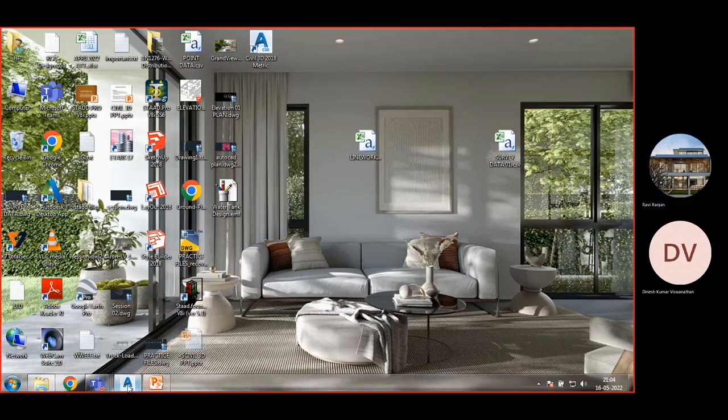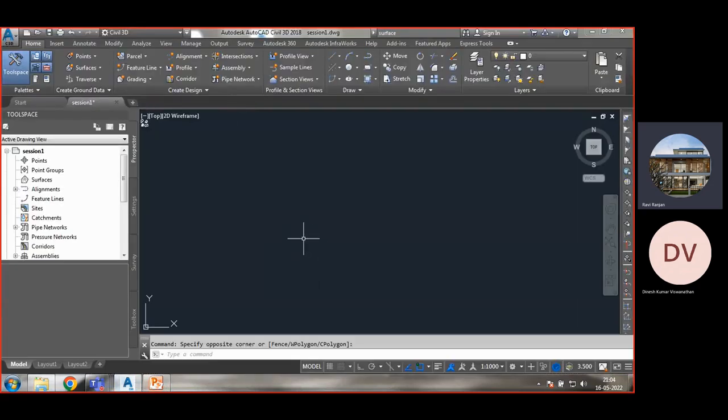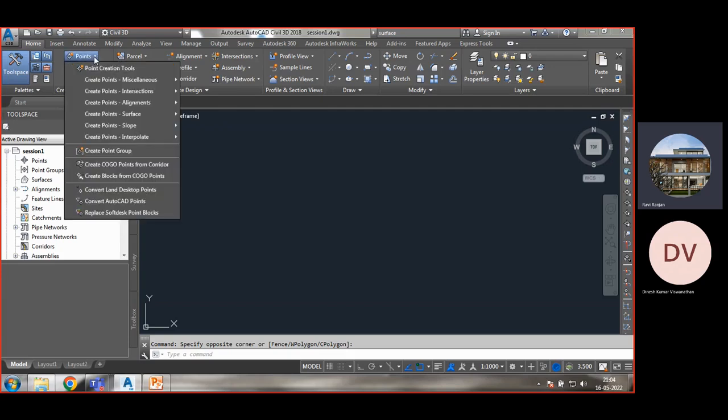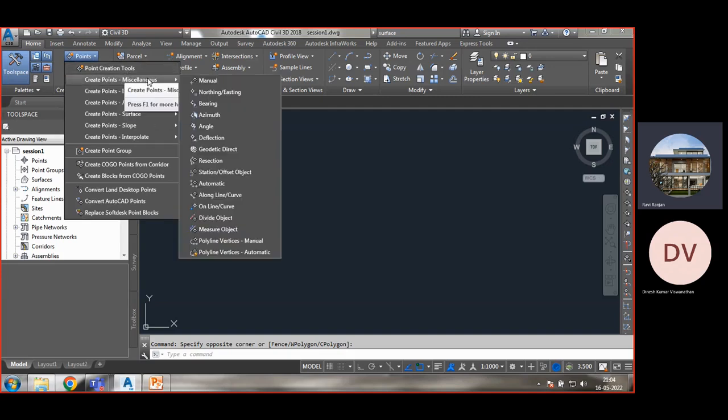But in Civil 3D we have some manual points also. So first we learn how to create manual points. See, in points, when you click on points, you will get these options: point creation tool, create point by manual, miscellaneous, create